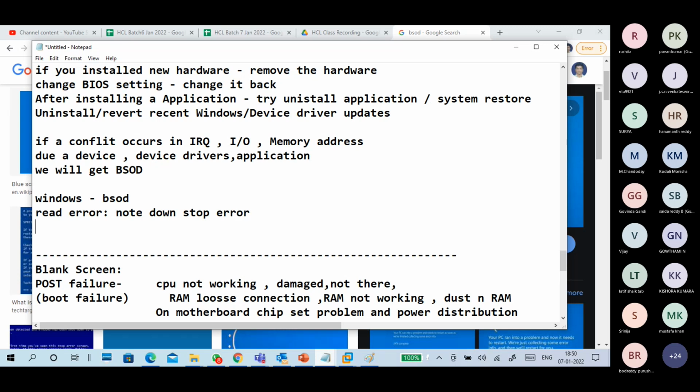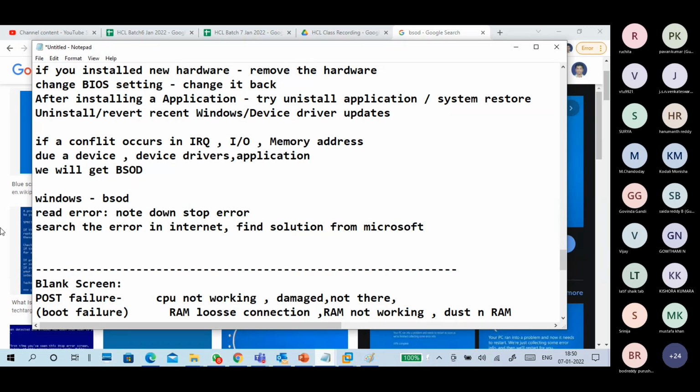Next, take another system or mobile phone and search the error on the internet. We should not say Google, but search on the internet and find a solution from Microsoft.